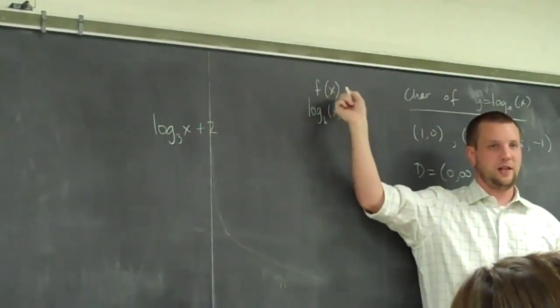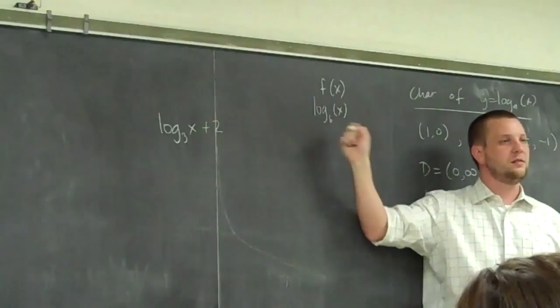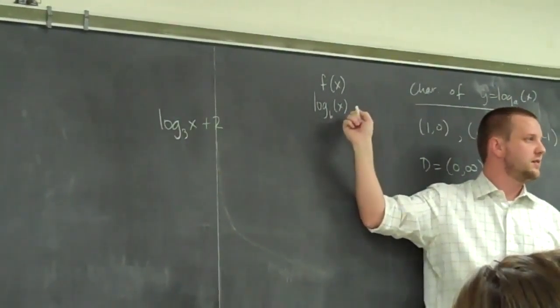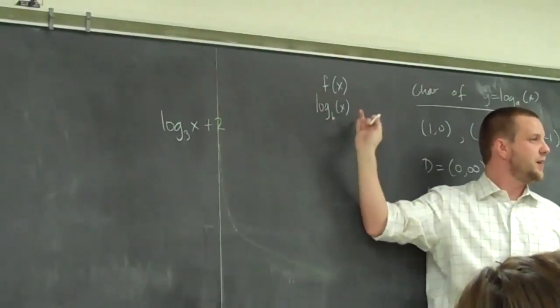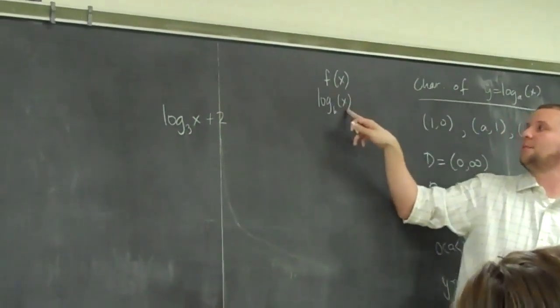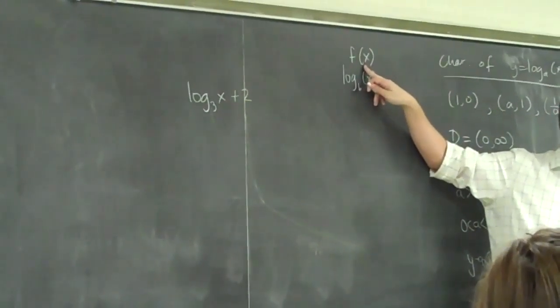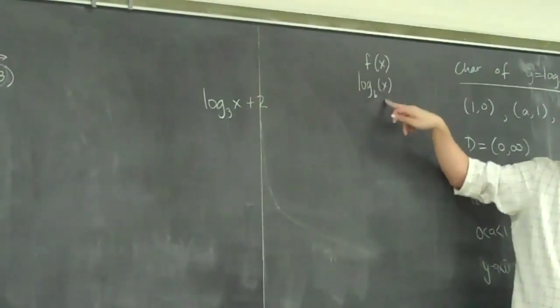This is not multiplication or anything like that, right? Ditto here. This isn't log times x. This is the function named log base b as it depends on the value of x that I'm plugging in. The x in parentheses here is the same as x in parentheses here, right? So I prefer to use this notation,